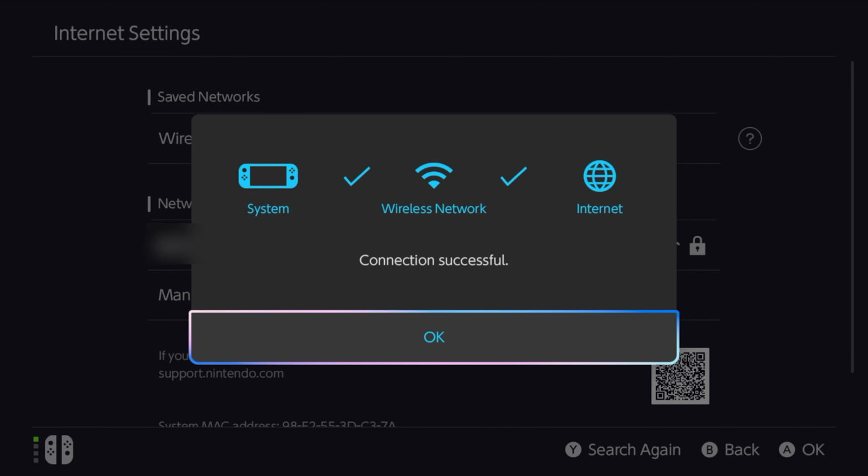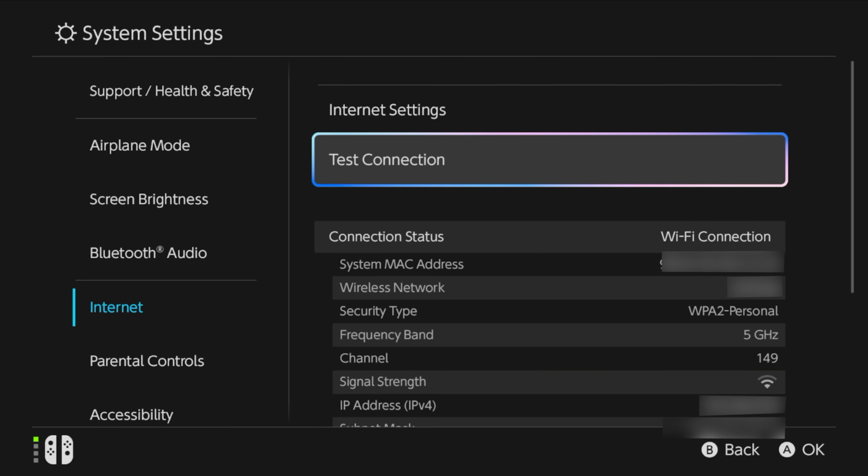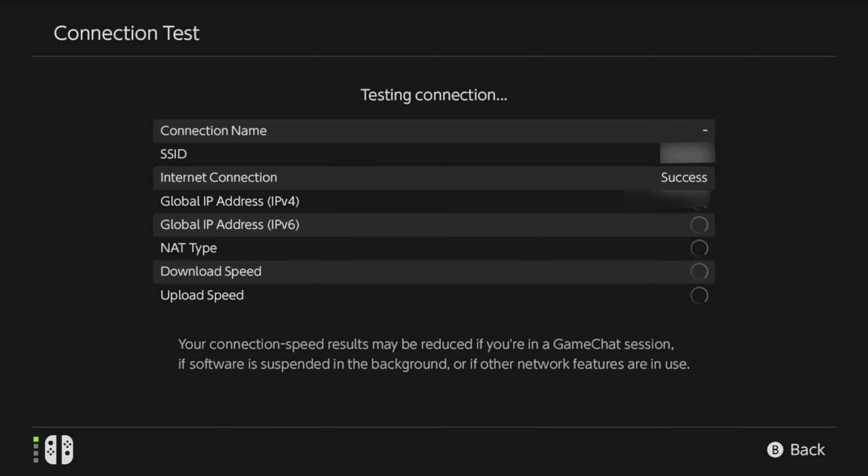But if it's all good, it should show blue across the board, and then presto changeo, bingo bango, you are now connected to the internet. And then down below here, it'll show you connection status and a bunch of other numbers and IP address information for your network connection. You can also go here to test your connection, where it will verify that everything is working well and that everything is pinging to the internet,